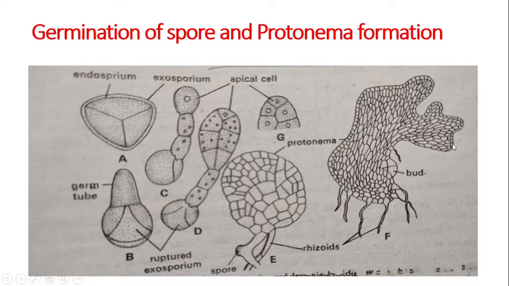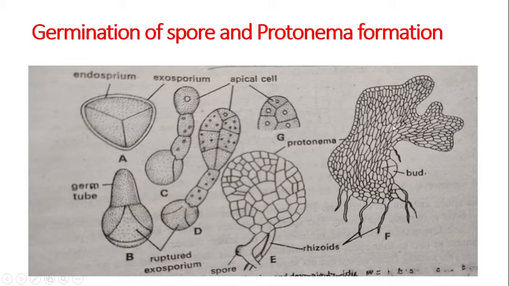So protonema is a lobed, thalloid structure, one cell in thickness, and it shows the presence of rhizoids also. These rhizoids are colorless structures, and they fix this protonema into the soil, and the rhizoids show the presence of septa. The characteristic feature of the septa is that they are placed obliquely inside the rhizoid. So rhizoids are multicellular as well as septate, and the septa are obliquely situated. This is a characteristic feature of rhizoids of Sphagnum, as you know that Sphagnum belongs to Bryopsida.